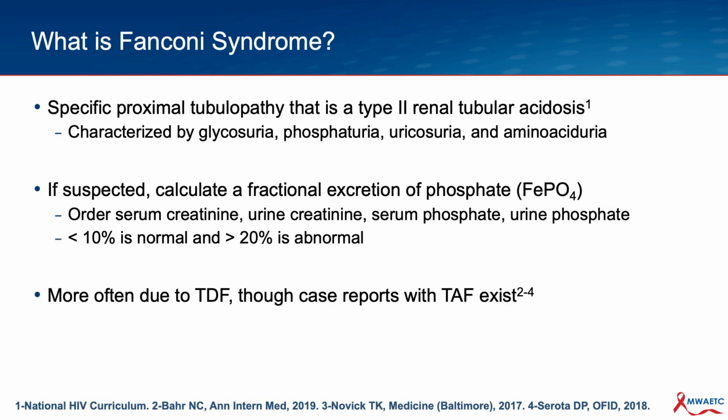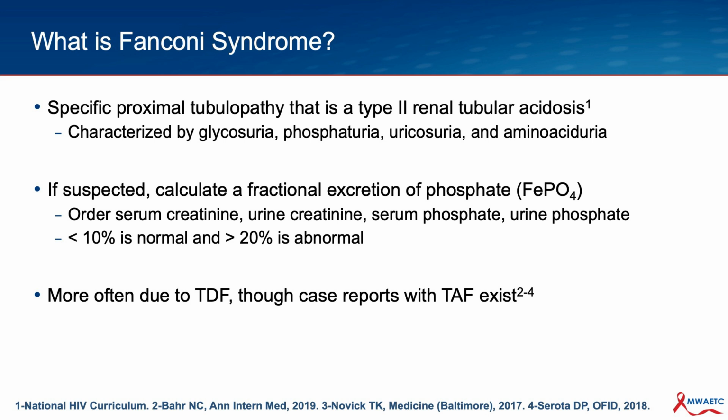It's a very specific type of proximal tubulopathy that is a type 2 renal tubular acidosis that's characterized by glycosuria, phosphaturia, uricasuria, and aminoaciduria, and so is the kind of rarest of the things that TDF, or actually any tenofovir, can cause. If you suspect Fanconi syndrome, you should calculate a fractional excretion of phosphate, and I've written here what to order when thinking about